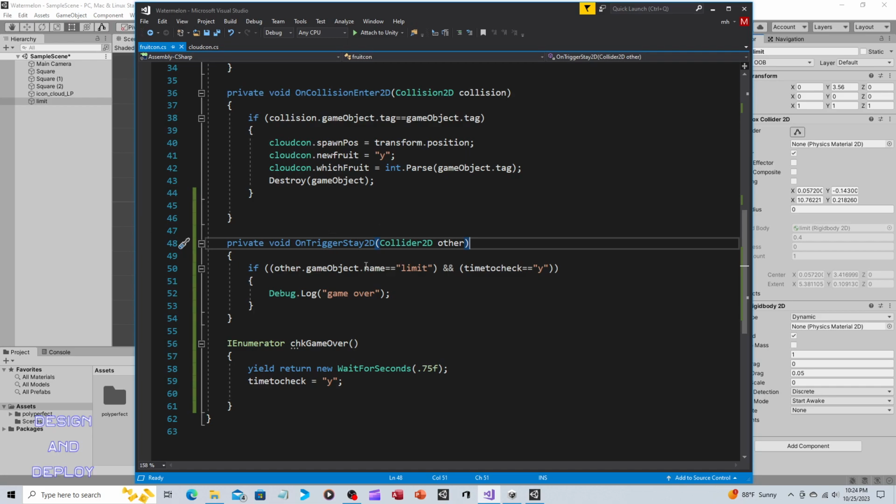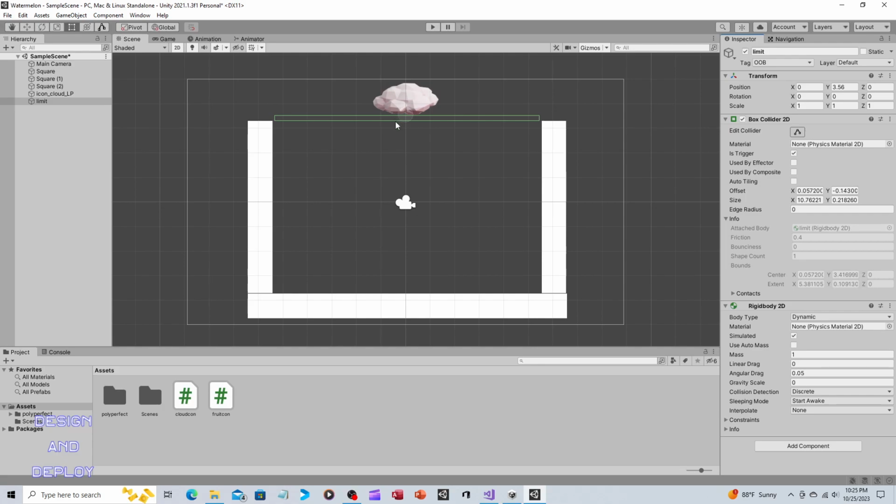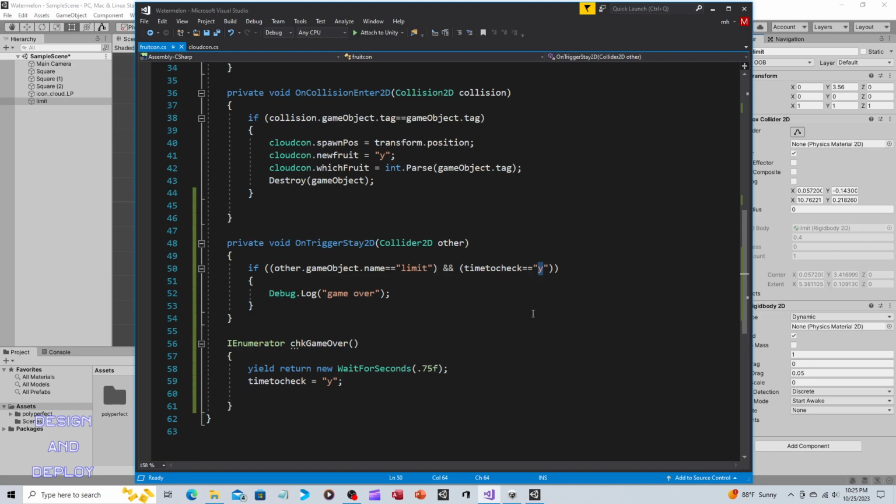So this might happen, or this really is happening when it's dropping through. You're having a trigger collision, but this is not set to yes yet. So all those collisions are ignored because this is not true yet. This doesn't get set to yes until, again, 3/4 of a second after you've dropped the fruit. So 3/4 of a second should be sufficient. And then really all we're going to do in this case is, if that's true, then we just do debug.log